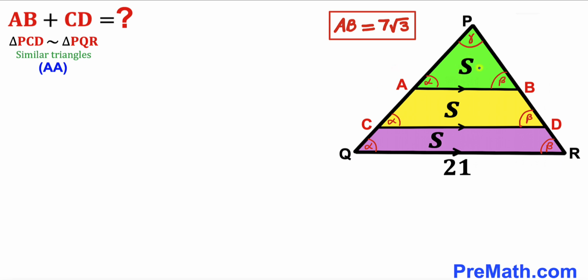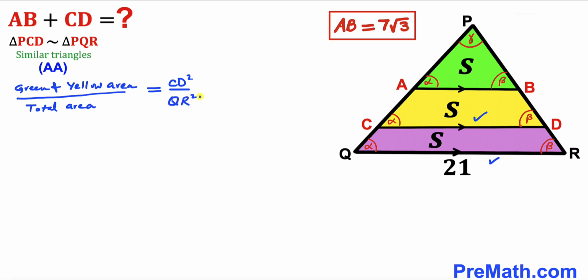In other words, this green and yellow area combined, so I can write down green and yellow area divided by the total area of this triangle PQR is going to be equal to this segment CD. I'm going to write down CD squared divided by this whole side